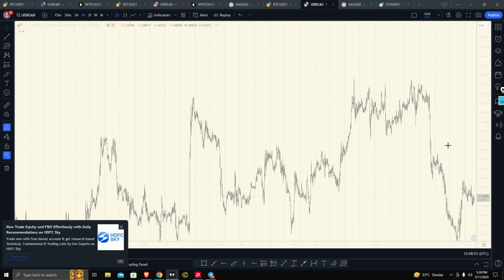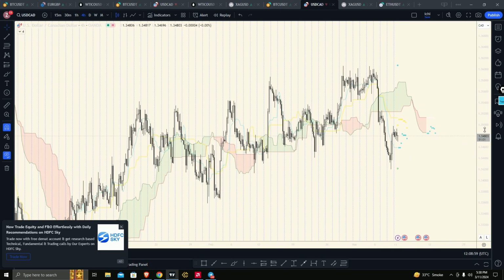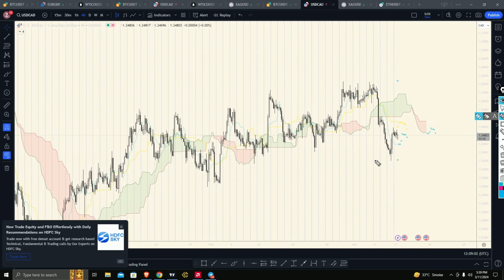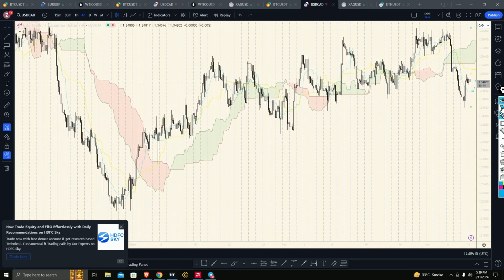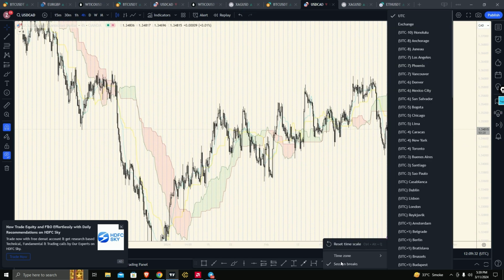I don't really go just by the levels. I go by the Ichimoku cloud, how the cloud looks. So in this case, the cloud is bearish and choppy. Bearish because the Ichimoku cloud is red, and choppy because you can see the flatness. Look at how flat it is everywhere. If you want the asset to move up or down, you want a cloud like this. But in this case, you have to be a little careful because a flat cloud means choppy price action. Choppy price action means the market can wipe out both sides, up and down.